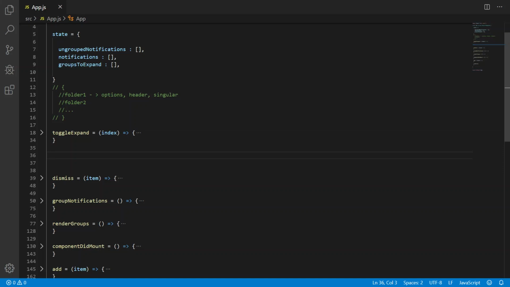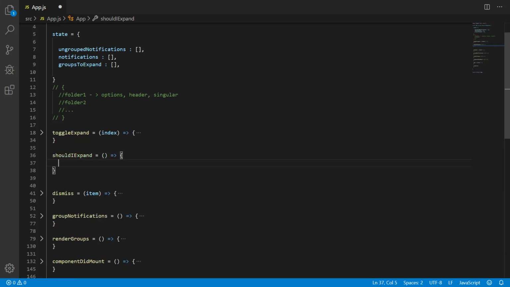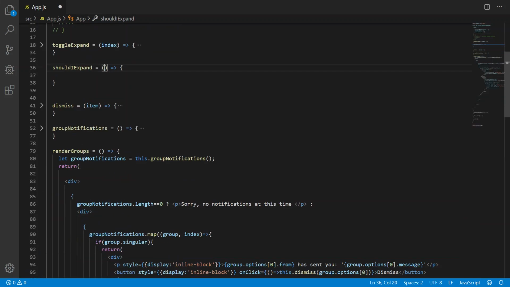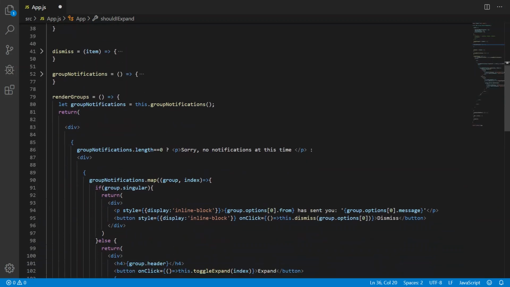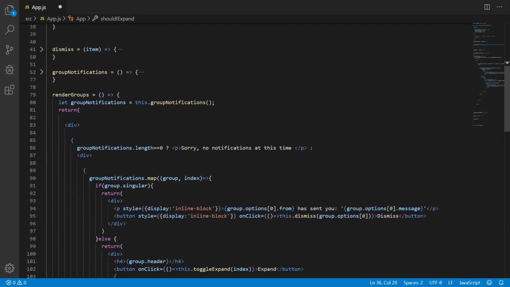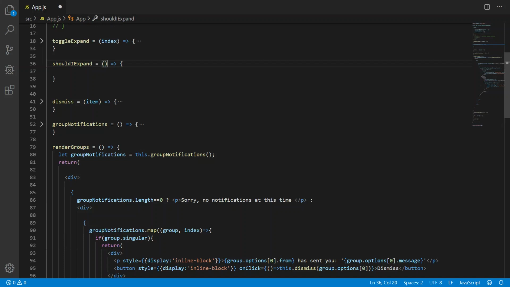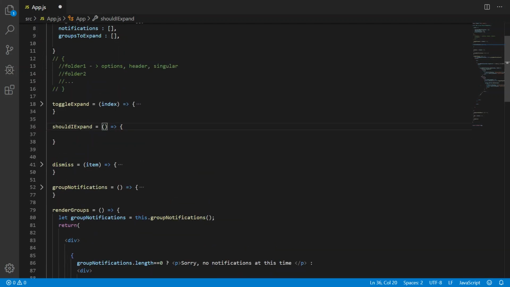So we're going to use a function called shouldExpand, and it's just going to answer for itself the question, should I expand? And the whole idea is that we have an index for this group. So what this group is going to do is ask this function here, should I show all of the contents? And the way it's going to do that is by using the index,